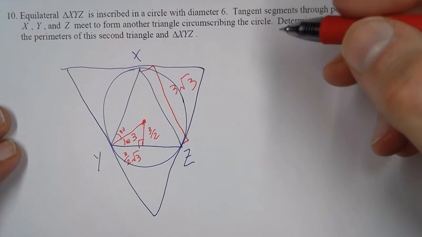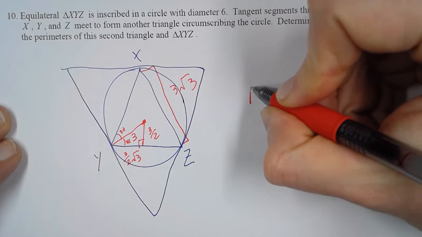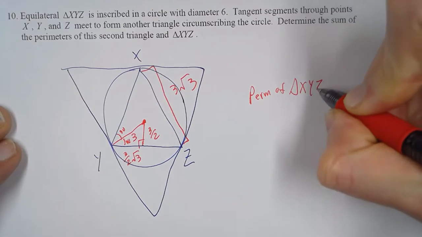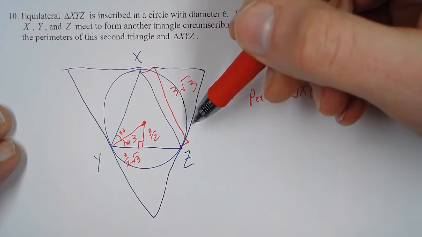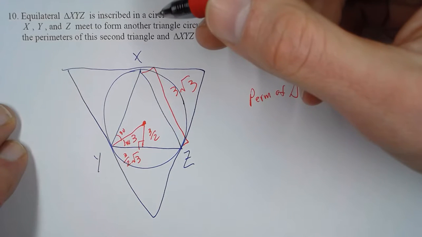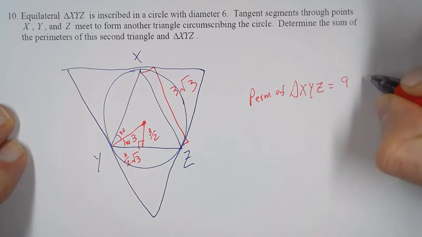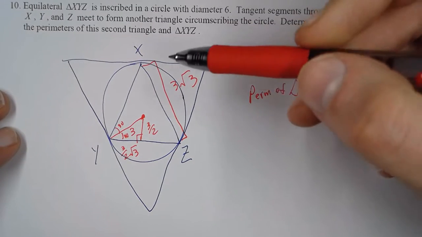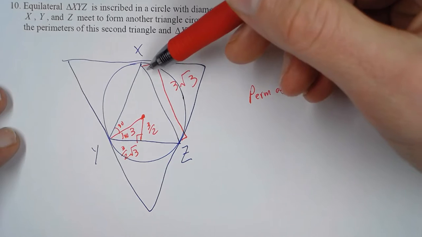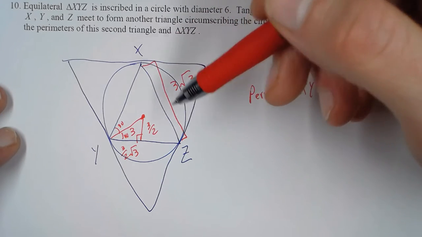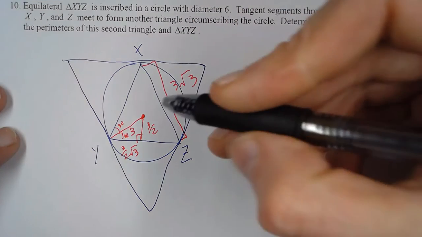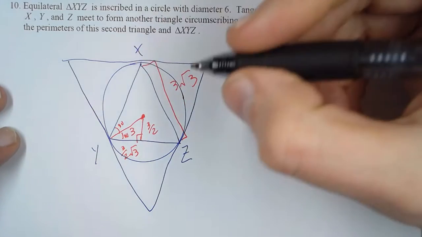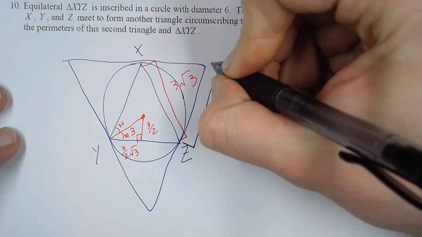So that means the perimeter of XYZ is going to equal 3 radical 3 plus 3 radical 3 plus 3 radical 3. So that's going to be 9 radical 3. Now, because we also know that this is 3 radical 3, as it turns out, so is this. Because when you inscribe an equilateral triangle like this inside of another equilateral triangle, this also turns out to be